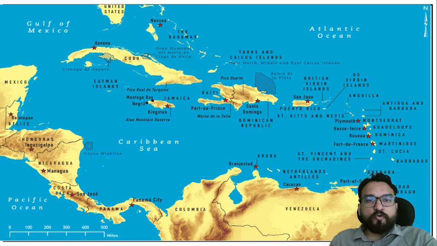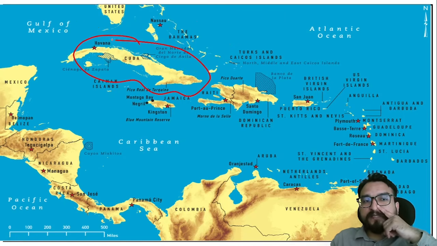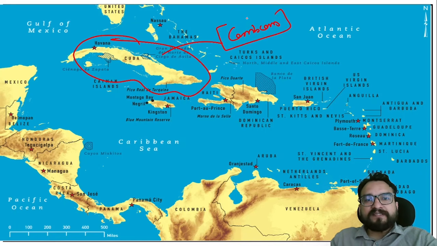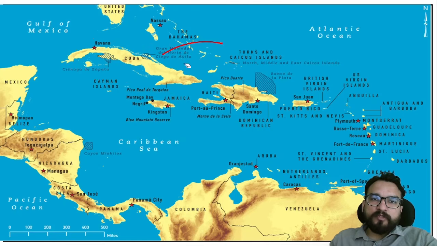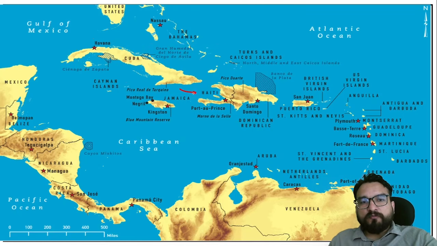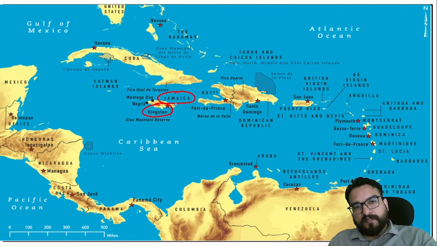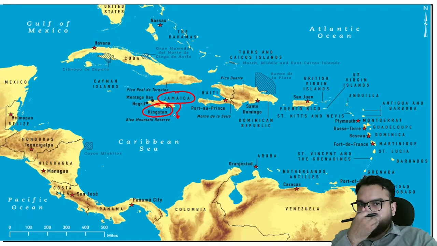Also one more fact about Cuba, if you want to remember: this is one of the largest islands in the Caribbean. This one fact you should write: the largest island in the Caribbean is Cuba only. Then, as you move ahead, over here you see Jamaica. An important country over here, Jamaica, and its capital is Kingston, right? Jamaica, you must have heard this country for the cricket team too, right?